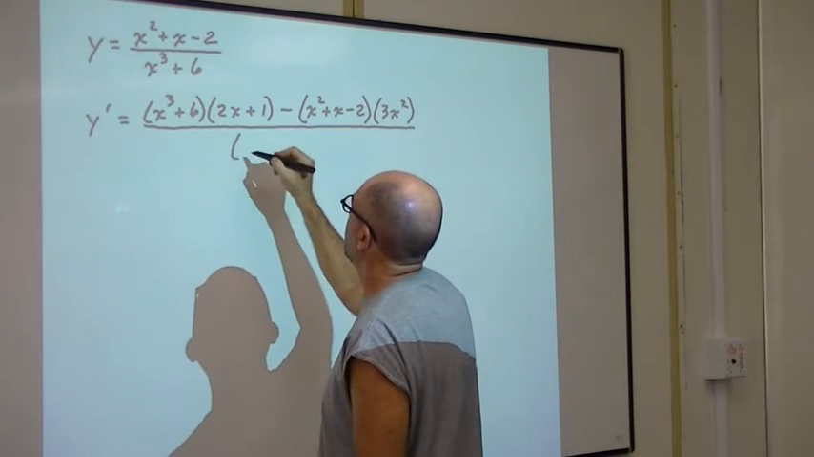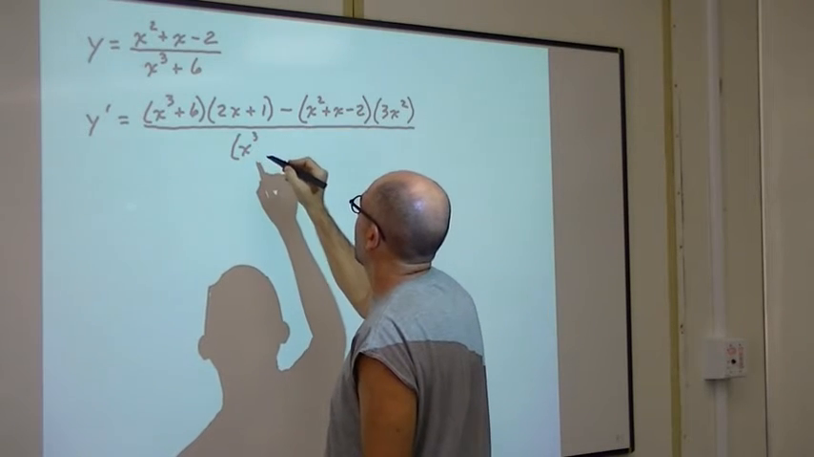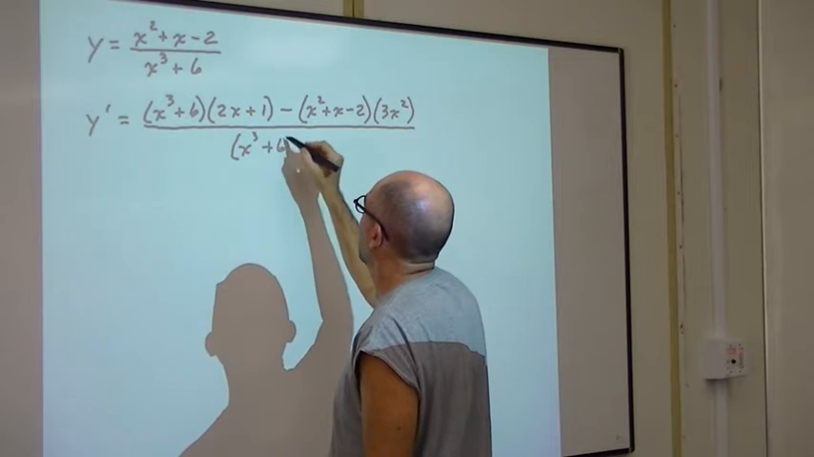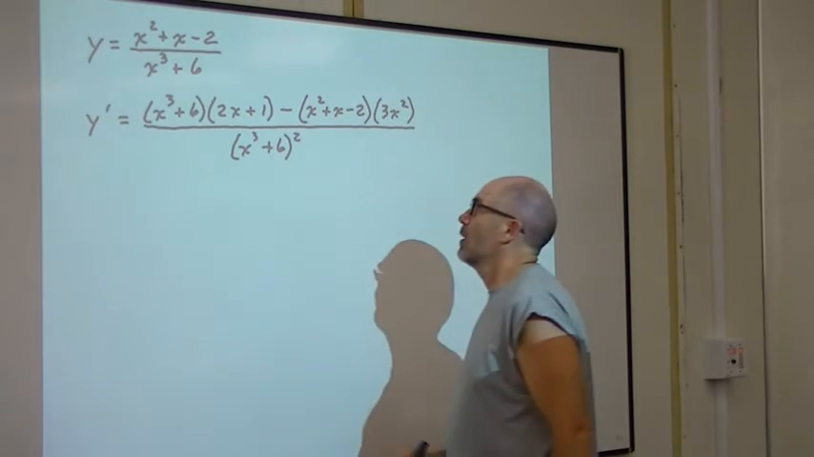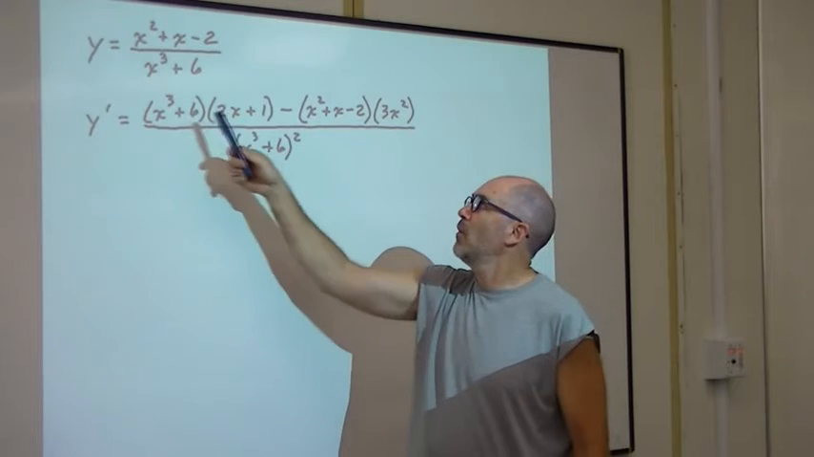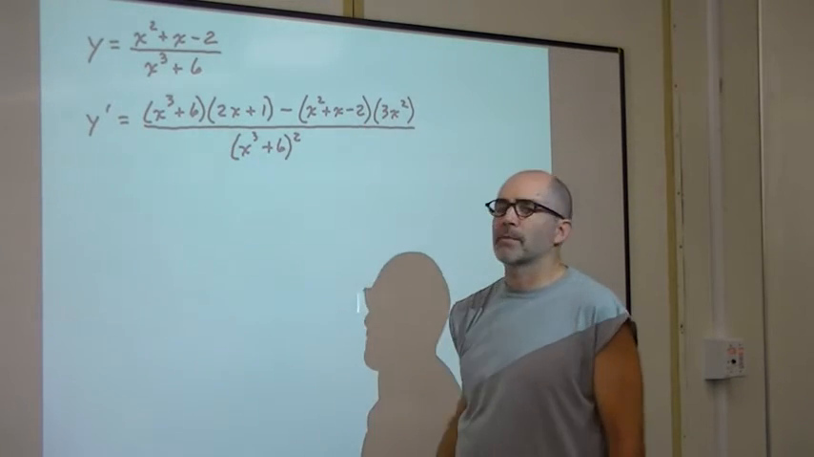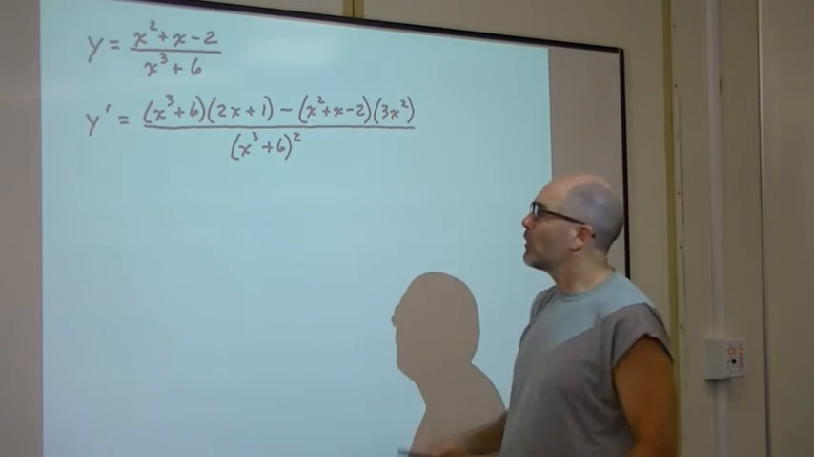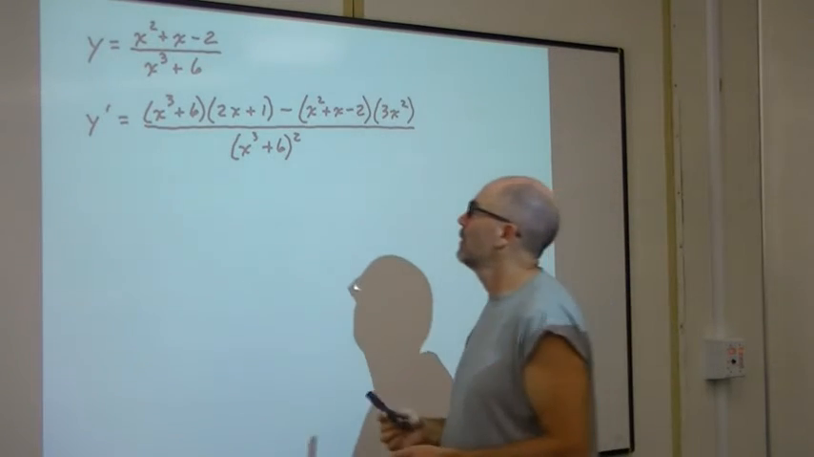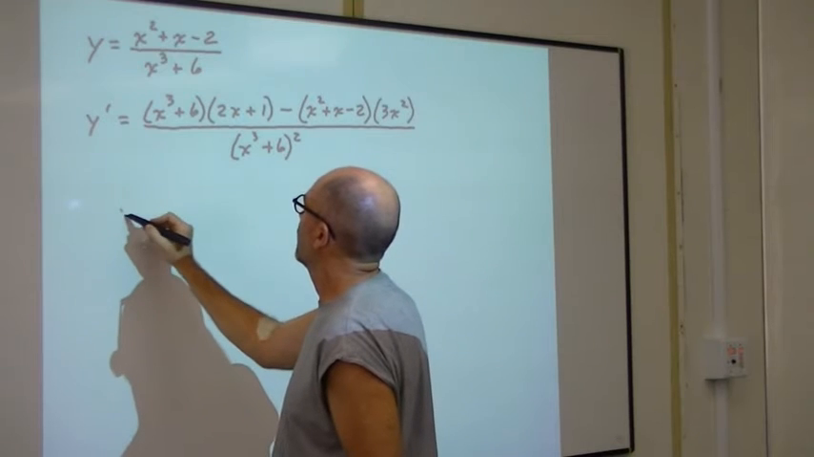Square the bottom, and away we go. Low d high minus high d low, square the bottom, and away we go. Okay, so now we just got to clean it up. So we've got